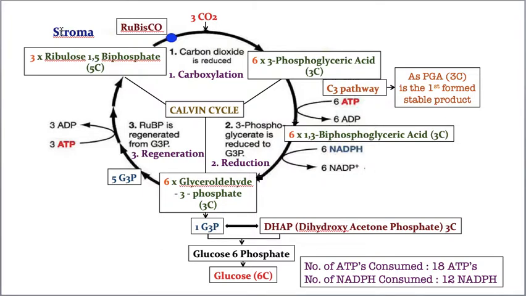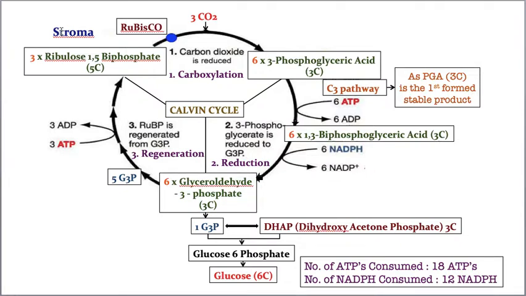Okay, now you understood na, site of dark reaction. Now tell me, in exam, if this question is asked, what is the site of dark reaction, then stroma. What is the reason for the dark reaction taking place in stroma? The reason is due to the availability of the enzyme rubisco in stroma. That's why it is taking place in stroma.